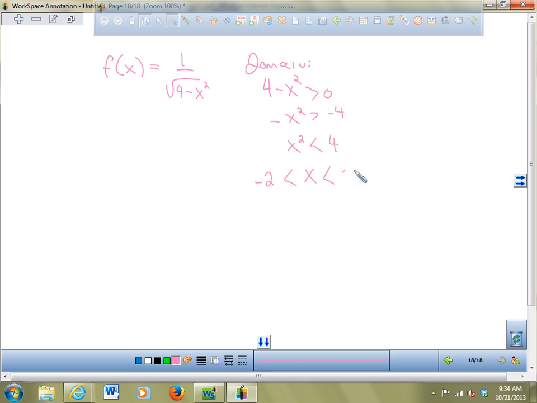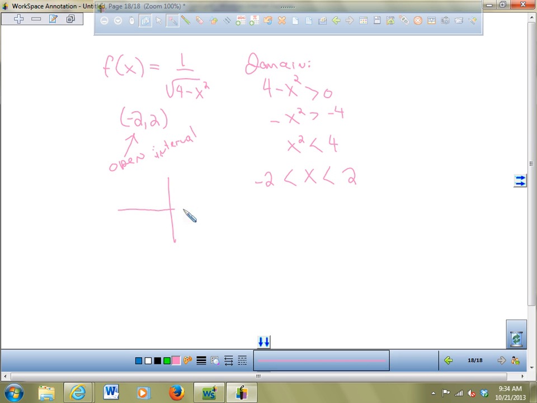Anything less than negative 2, or it's got to be less than positive 2, because anything bigger than 2 would make this quantity negative. And so this thing is only defined from -2 to 2. So this is called an open interval, which means that at the endpoints, even if they're high and low points, which they are in this case,